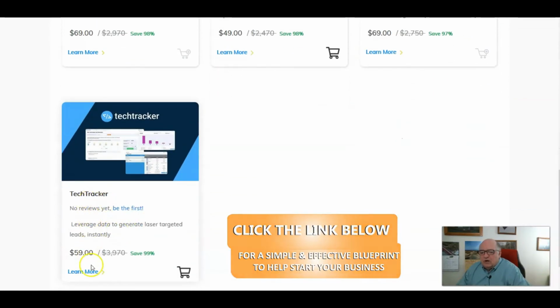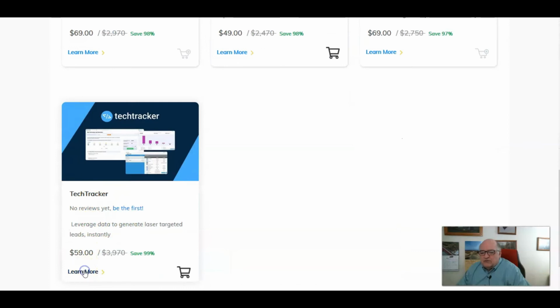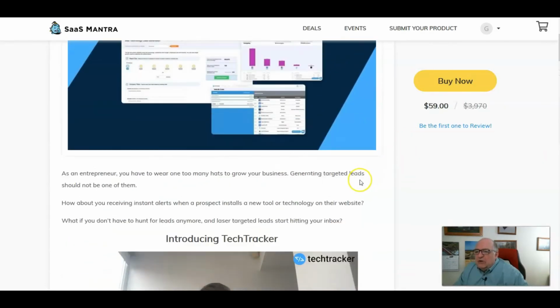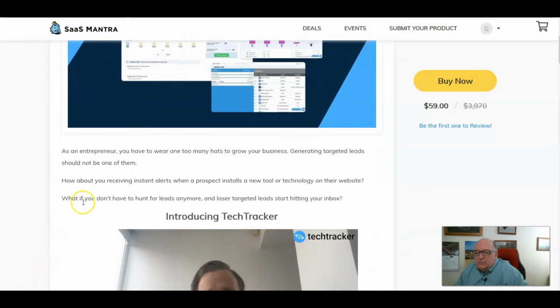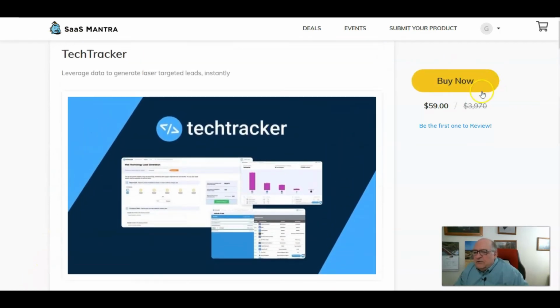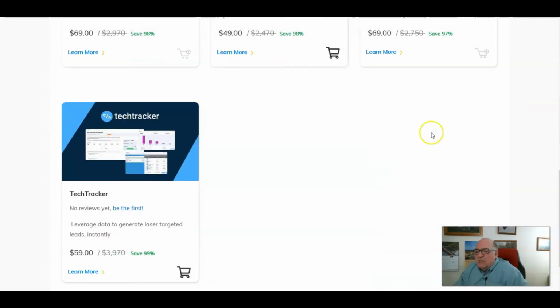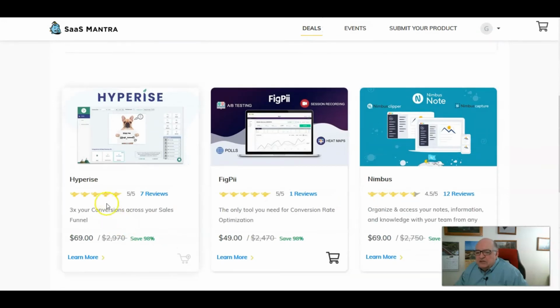Let's go to this one here. We'll see what this is about. Typical 14 days trial. So I'll give you an idea what's about the product. There's just a little bit of writing here. So this is something that you're more familiar with. It's leveraged data to generate laser targeted leads. It appeared when I looked at this site that the products available, I checked out this one and this one.